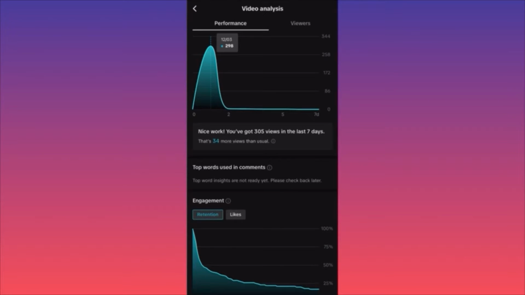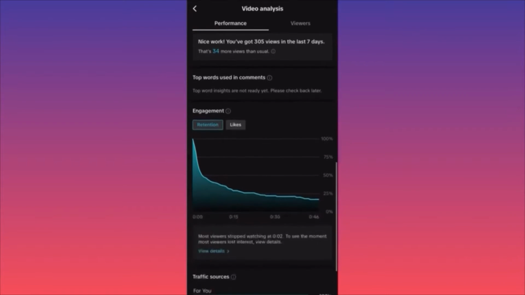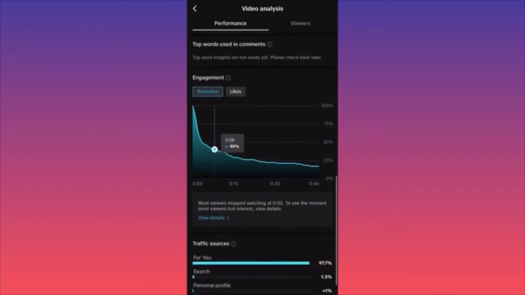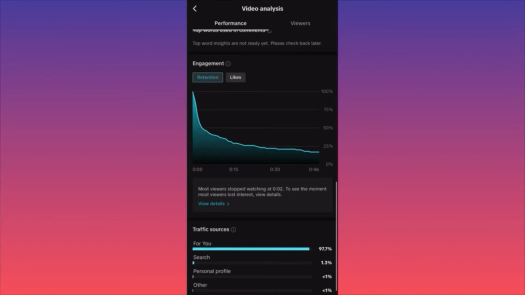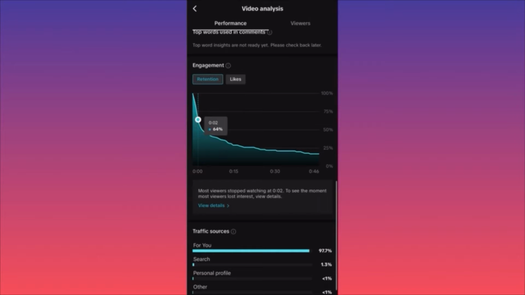So this video still does a very good job. The next section over here is showing you the retention, where people are clicking off the video. When you analyze and pay very close attention, you could figure out that people are probably expecting to see something, and when you look at the graph, you see that very, very few people are left at the end, only 17% still watching versus 85% at the opening, at the first second of the video.